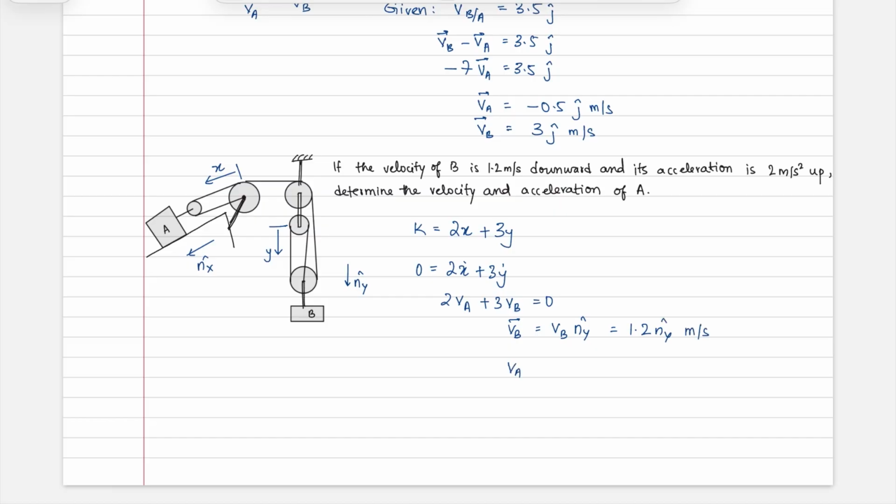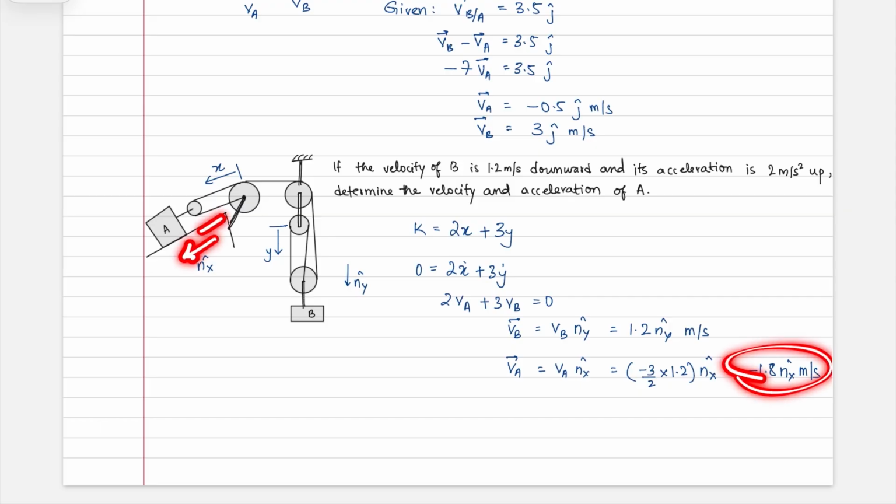The same way VA vector, which is VA in nx hat, would be equal to, now what is VA? It is minus 3 over 2 VB. So minus 3 by 2 times 1.2, and it's in the direction of nx hat, giving me minus 1.8 nx hat meters per second, which means that since nx hat is positive in this way, this implies that this is going up the slope,